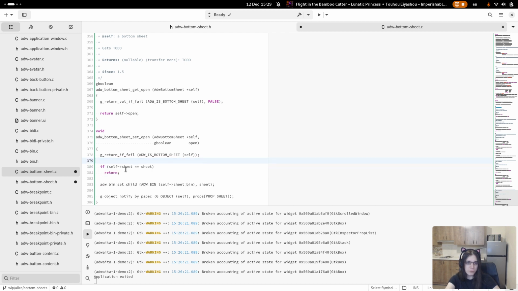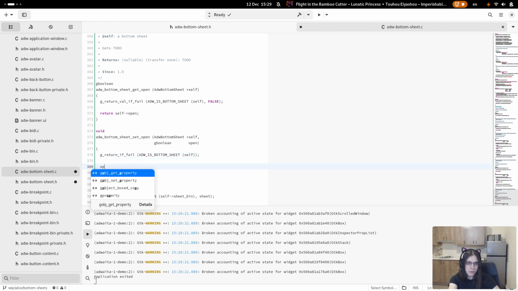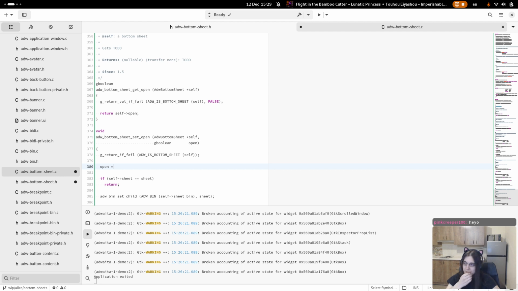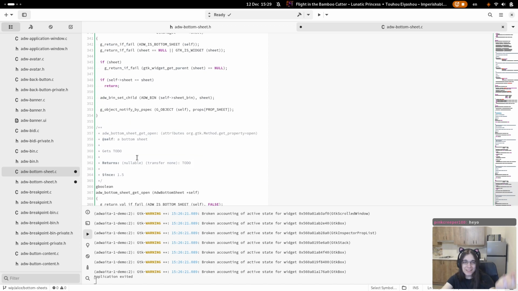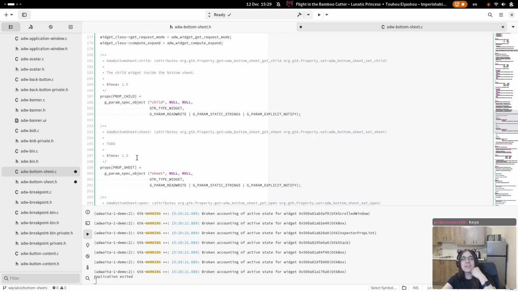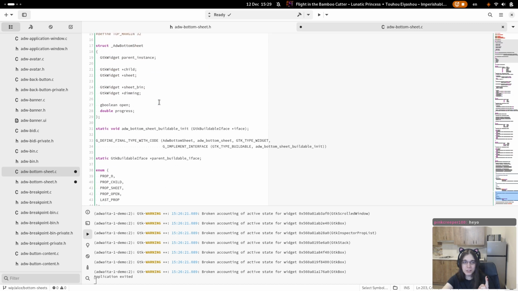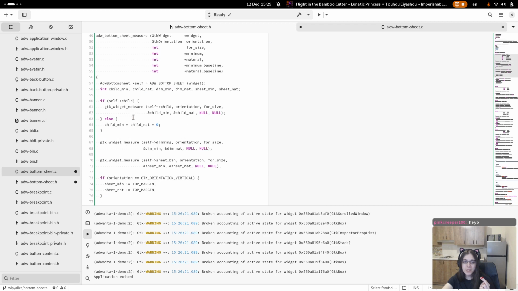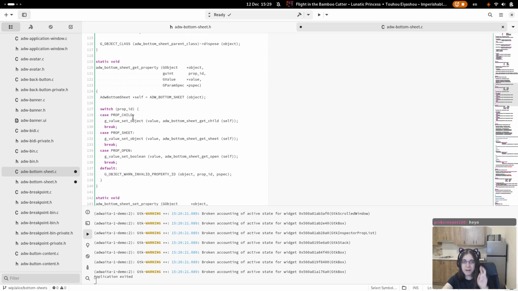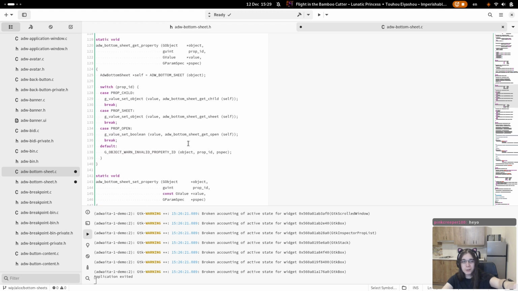We can get rid of all of this. Look at this. For each property, you have to define it. Then you have get property and set property functions, and you have to update both of them.